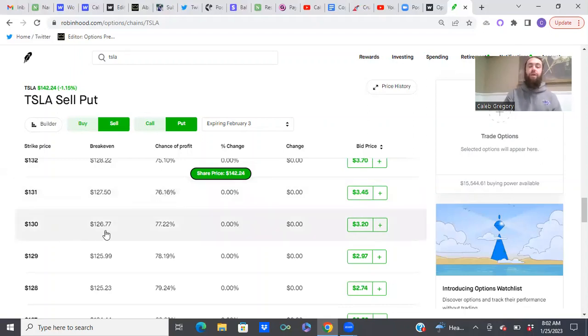So the second you enter into this contract, you're going to collect $3.20 per share. So remember, this is on a 100 share basis. So you're going to collect $320 for entering into this contract. When you do the quick math on that, and if you want to know the formula, it is bid price divided by strike price. So if I pull out my phone and I do 3.20